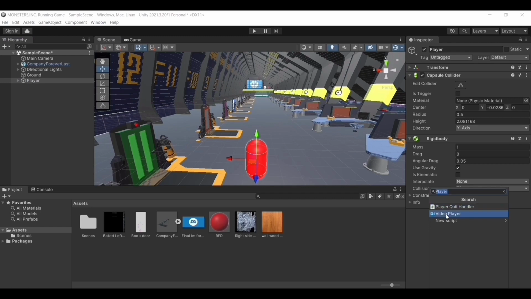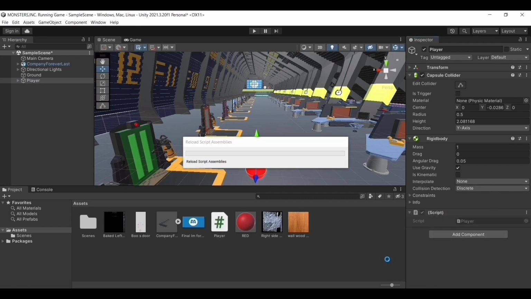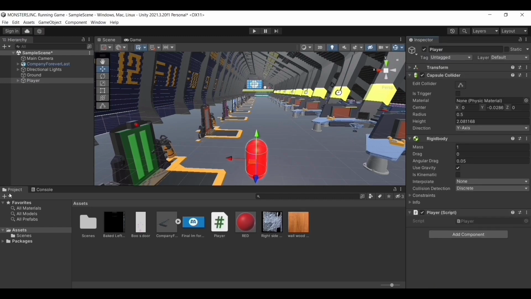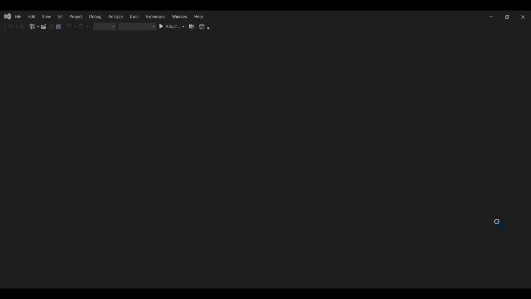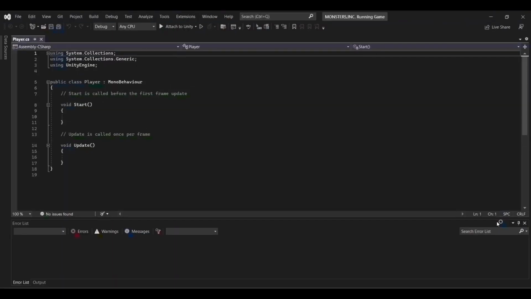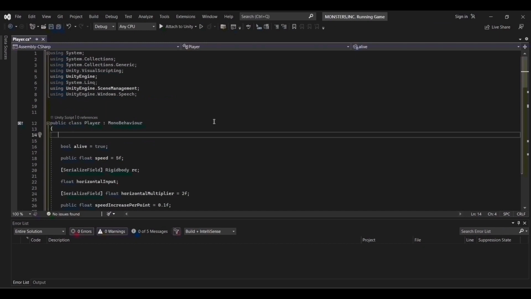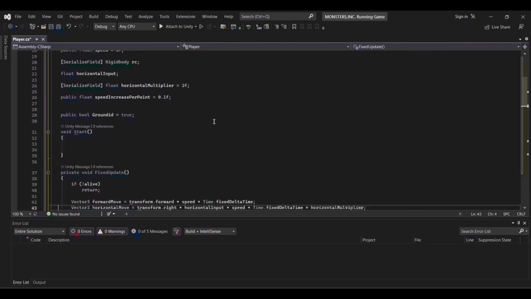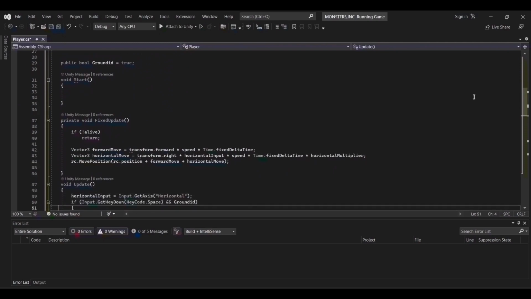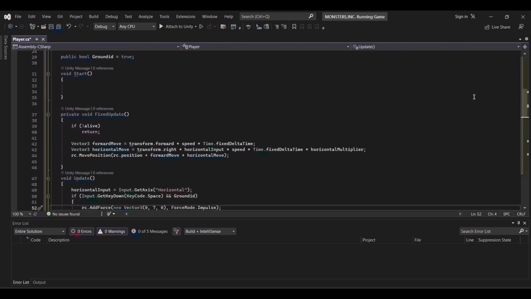Now, for the logic of the game, we will create a C# script and call it player. Open up Visual Studio. I wrote the script beforehand: alive to check if we're alive, speed of the game, the rigid body, the horizontal input, horizontal multiplier, the speed increase per point, and grounded to check if we're on the ground or not. If he's not alive, then we don't want the player to move. In forward move, we move our player forward, and in horizontal move,